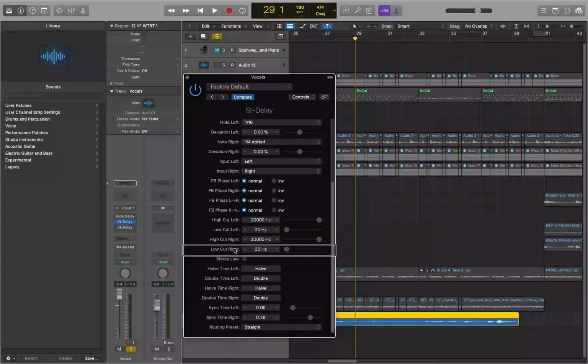Now, normally on a vocal, I would EQ and compress the vocal before running them through delays and reverb, but this was just kind of a demonstration, so we're just using a dry vocal in this particular instance. If you want to get more in depth with vocal processing and the way you can use these tools, EQ, compression, delays, reverb, saturation, etc., to bring out the best in your vocal,